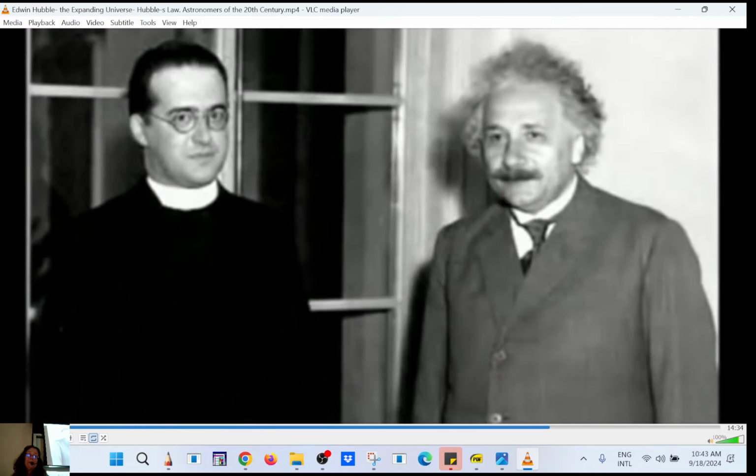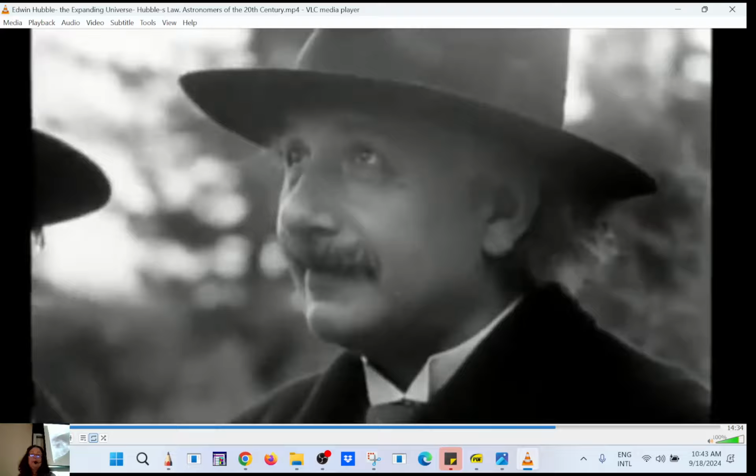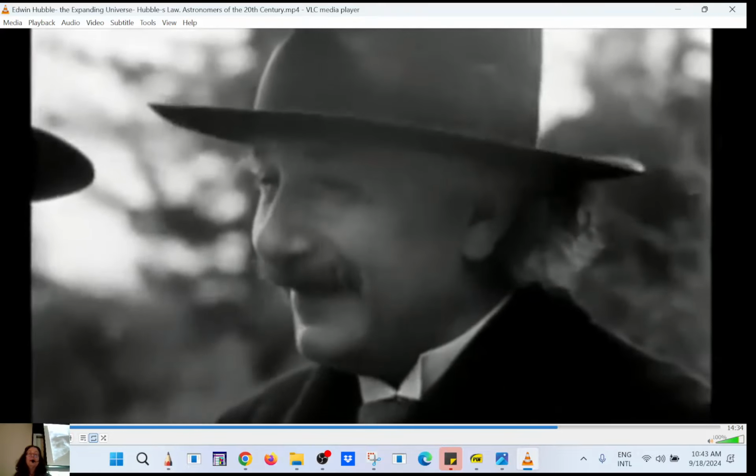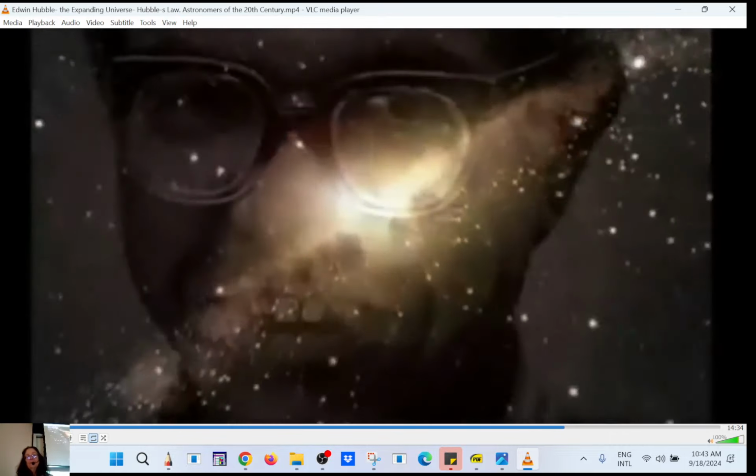When Einstein visited Hubble on Mount Wilson in January 1931, Lemaitre was also present. After they presented their views to Einstein, he admitted that he had been wrong. But there were other scientists who opposed the Big Bang theory. Foremost among them, the British astronomer Sir Fred Hoyle. Hoyle demanded proof of the Big Bang and wanted at least to see its leftovers. Let's see the fossil record of this Big Bang, he joked.